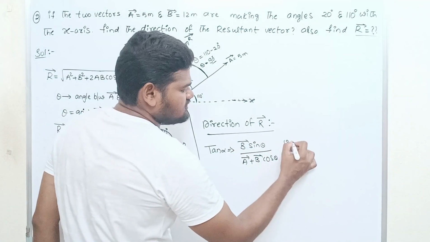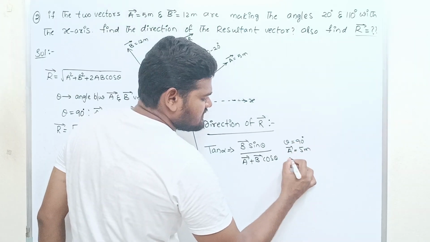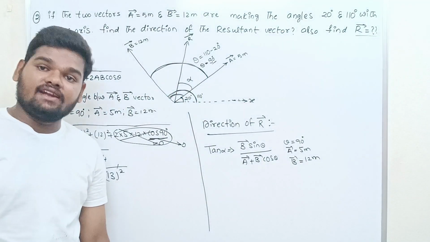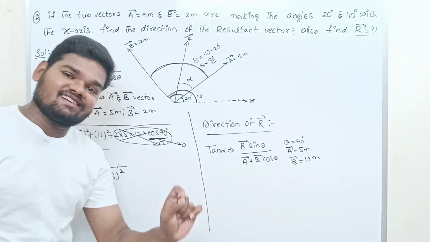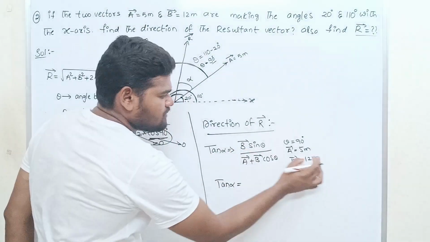Okay, theta is equal to 90 degrees, A bar is equal to 5 meters, and B bar is equal to 12 meters. Are you getting it? Any difficulty? Simple problems, right? So tan alpha is equal to what? B bar